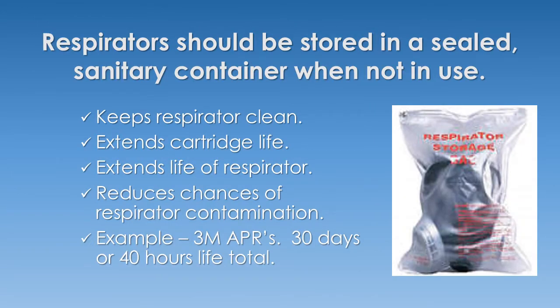Respirators, when not in use, should only be sealed in sanitary containers, not on workbenches, not hanging on a nail, and certainly not just thrown in the drawer of a toolbox. Sealing respirators properly and storing them in a sanitary container keeps respirators clean, helps extend the cartridge life, the life of the respirator itself, reduces chances of contamination of the respirator from airborne dust or paint fumes, and many